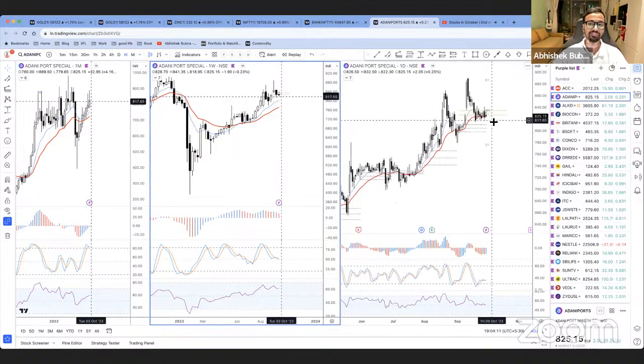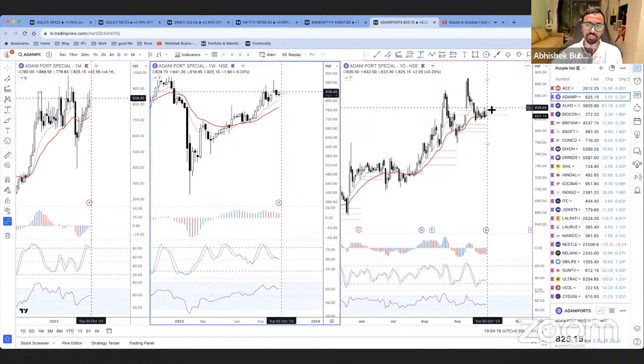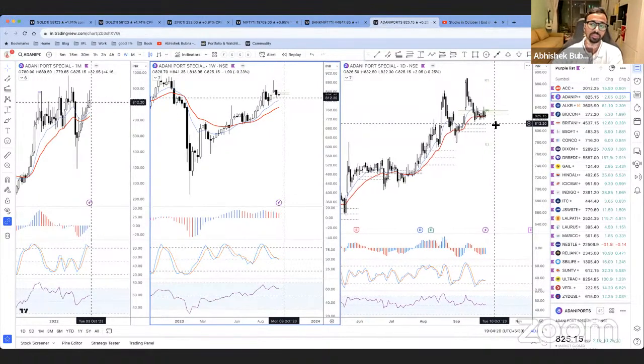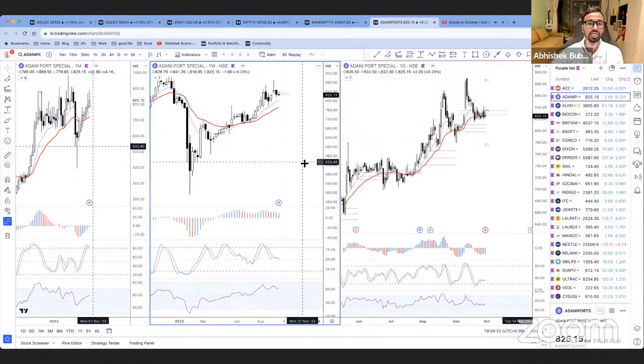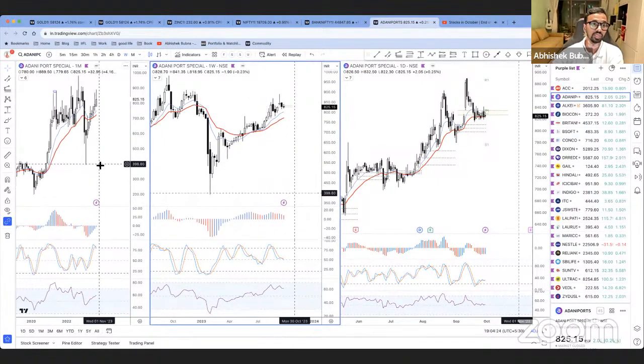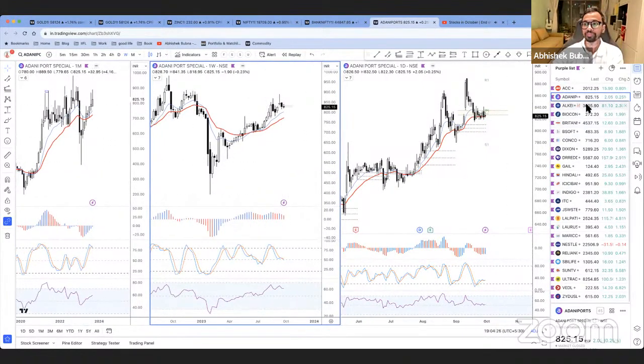So again, as I said, if there is a follow through, that means if the low breaks, and the prices go below the CPR and stay below the CPR, in the monthly CPR, that's what I mean, then this is something that you can look at.